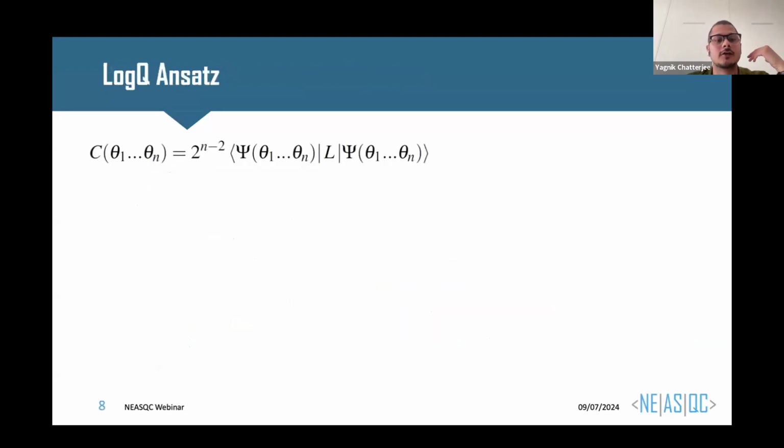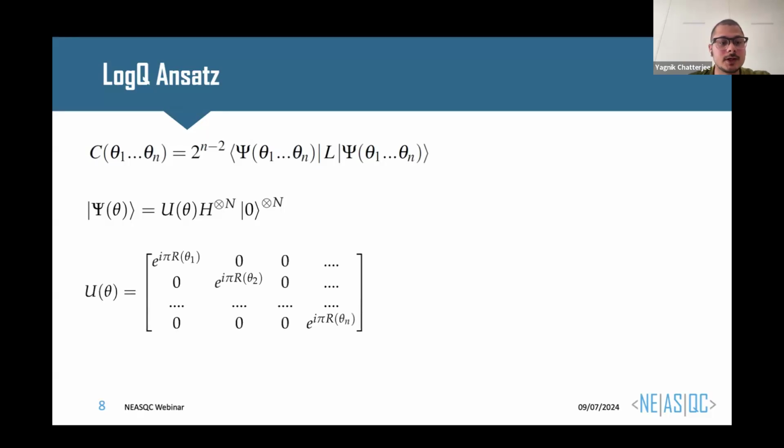Okay, so now we have to create an ansatz. So what is the ansatz? Ansatz is just the state. The ansatz represents all the solutions of the max cut, right? So how are we going to create the ansatz? We're going to take the |0> state on n qubits, so |0>^n, and then we're going to apply n Hadamard gates, and then there is a unitary gate, U of theta, where theta is theta 1 to theta n. And U of theta is a diagonal gate, which is defined as follows: e to the power i pi r(theta 1), e to the power i pi r(theta 2), and so on and so forth, where r